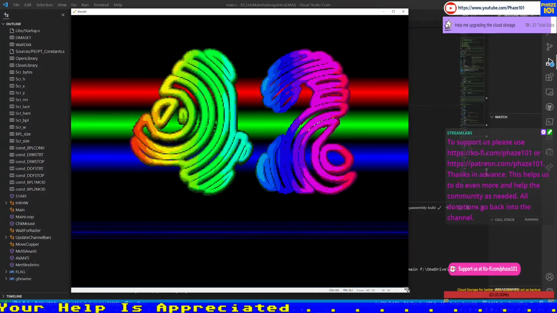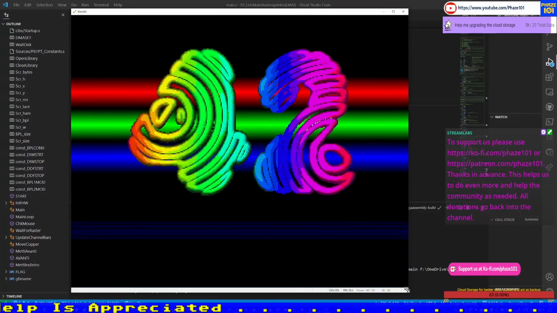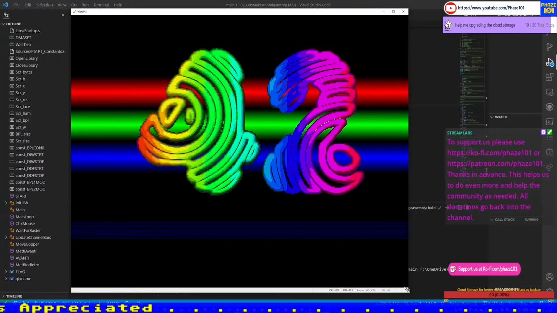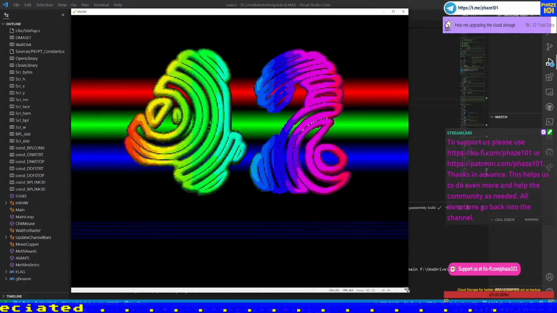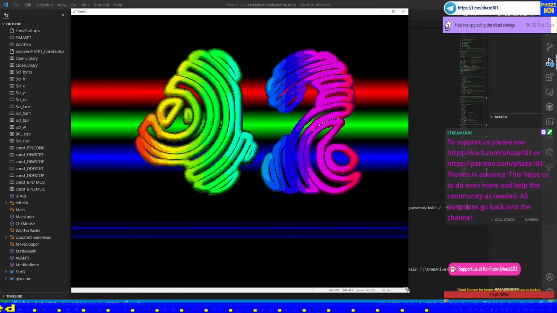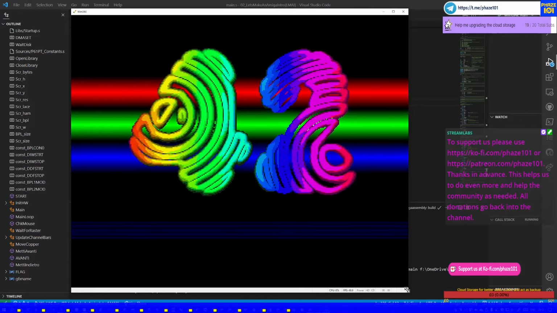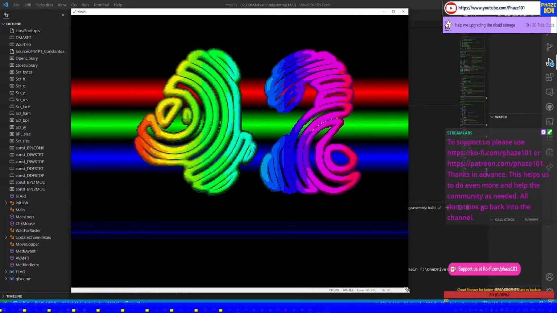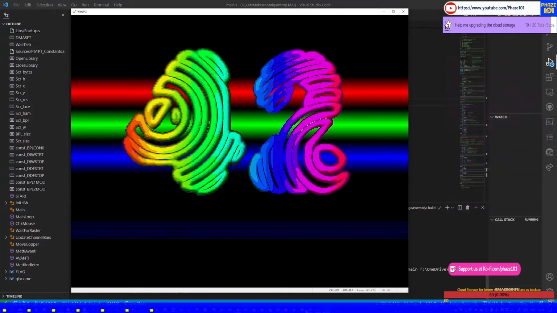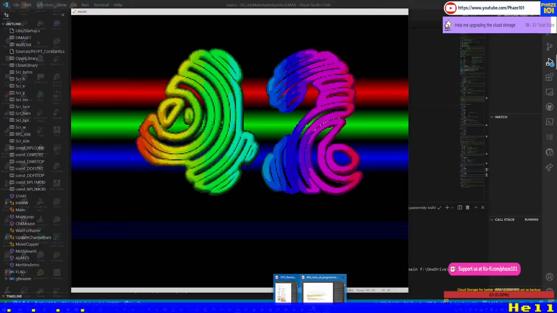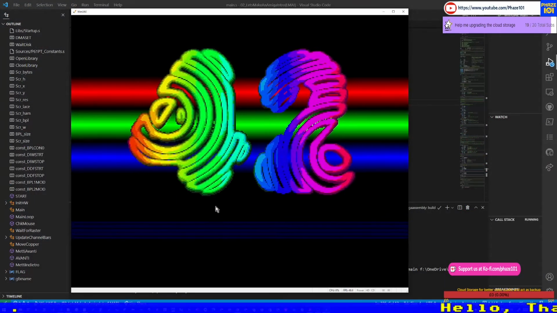So this is all that we did. We have some copper bar, we have some image moving left and right, and some music. Now, notice that